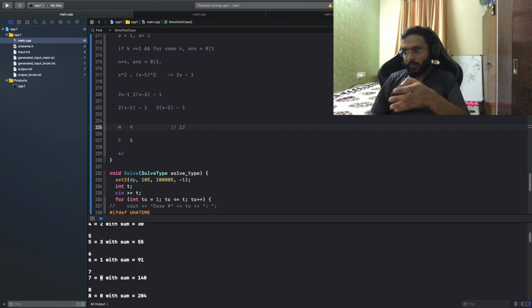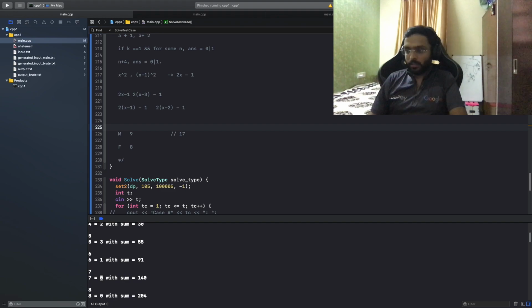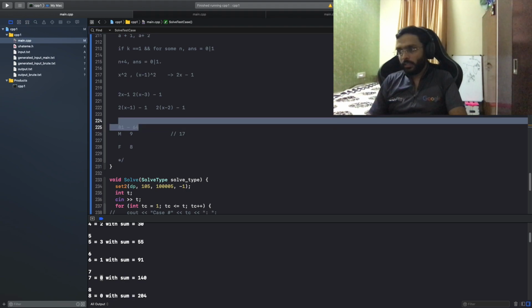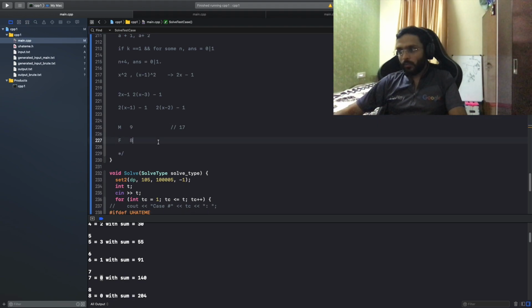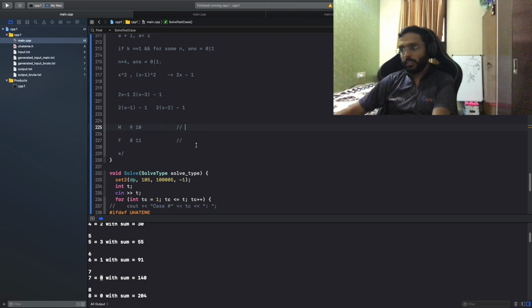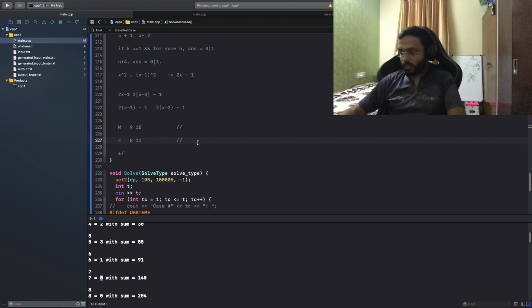Just to verify, 81 minus 64. 6, 70, 80, yeah, 17. Then what I will do is I will give myself 10 candies and give my friend 11 candies. So now my friend got 21 extra candies, so minus 17. So my friend is right now leading by 4 candies.